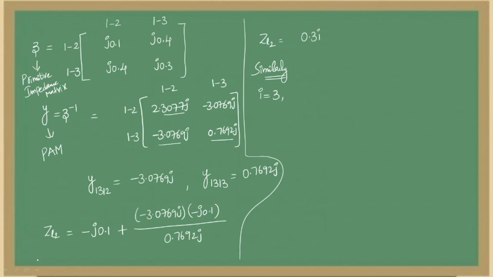When I consider I as 3, I will get ZL3. Okay. So similarly, by considering I as 3, P as 1 again, Q as 3 again, rho as 1 again, sigma as 2 again, you will get the ZL3 mathematical expression as,